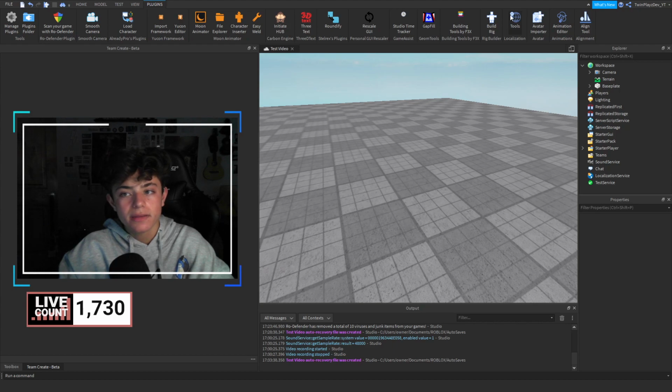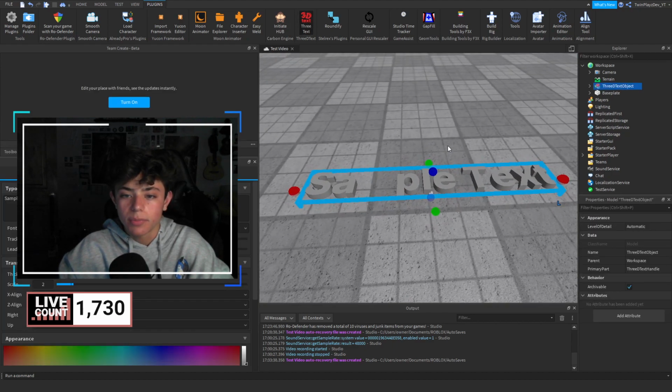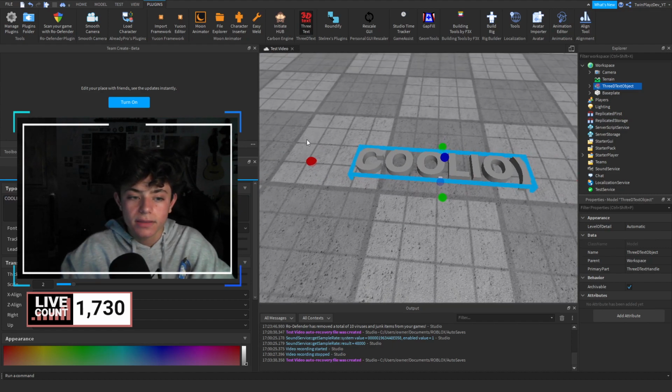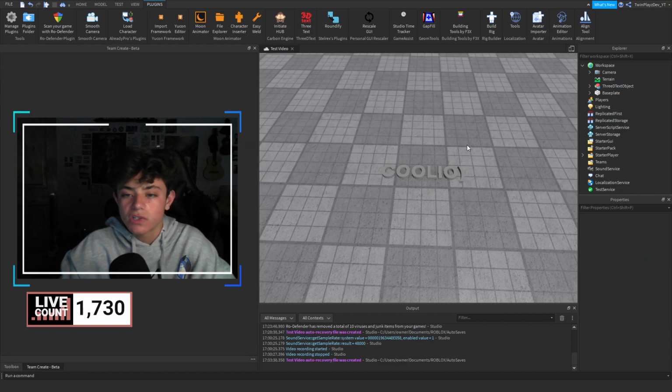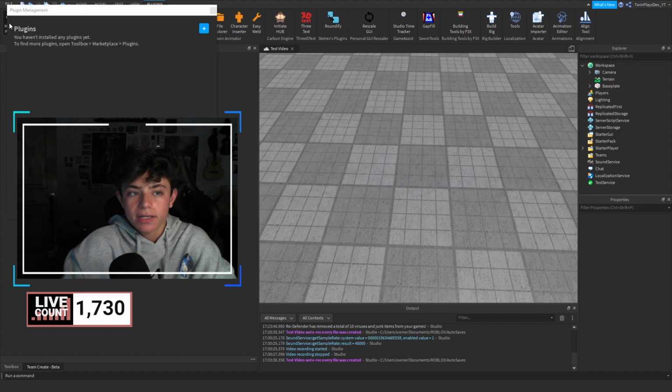Now, I only recommend this for people who want all my plugins and stuff like that. Only recommend it for the people who know what they're doing and want to look at stuff. But see, there's cool things like this where I can literally put a text in. It's a plugin. So Coolio. That's pretty cool, and I can click finalize, and now I have that. These are plugins, but this stuff you can't really just do unless you manage them and get your own plugins